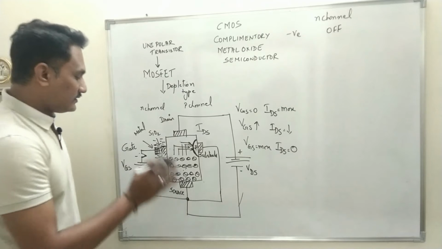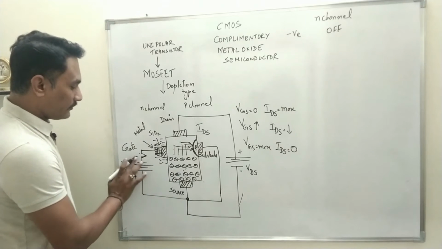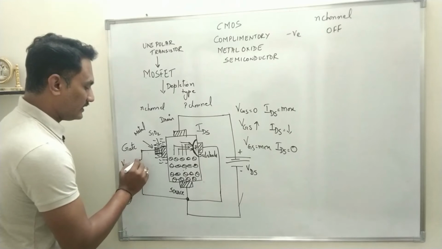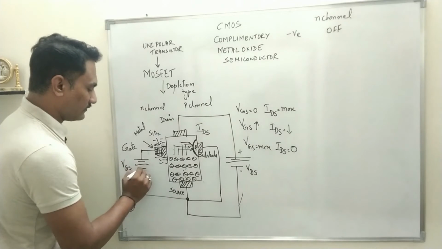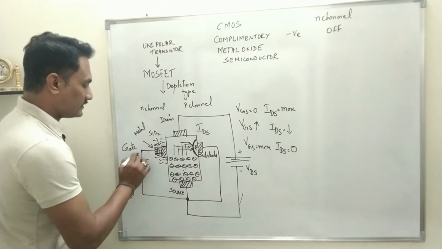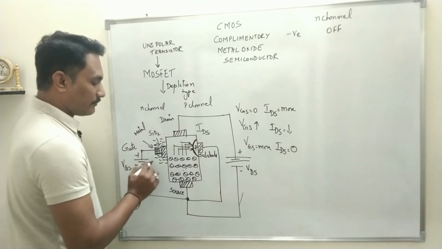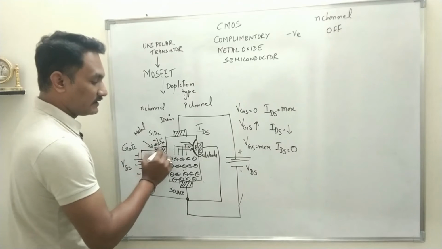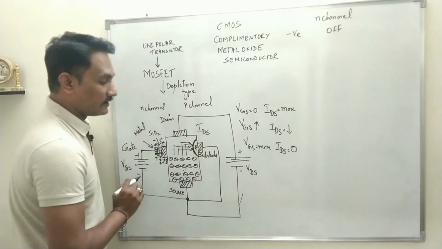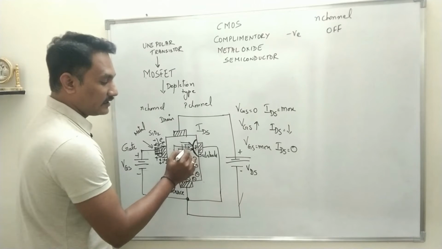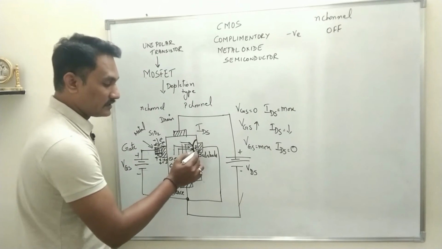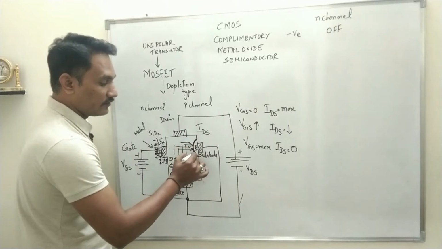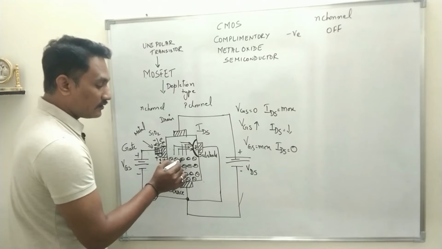Okay, let us do the same thing now. Suppose we change the polarity. Say the gate terminal is connected to positive, so this is minus, this is plus. As soon as this polarity is applied, positive charge will accumulate near the capacitor, and this PN junction becomes reverse biased. If reverse biased, current cannot flow to the PN junction. That means charge carriers cannot go into the PN junction because the resistance will be very high for the junction, and electrons cannot move.